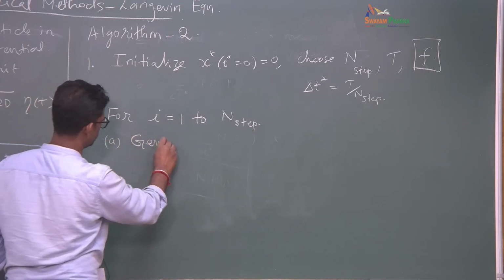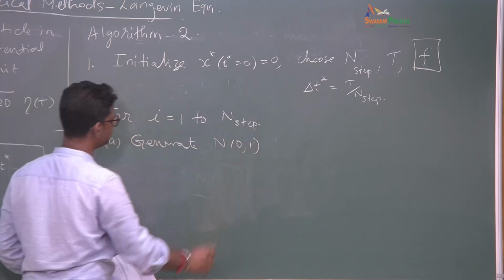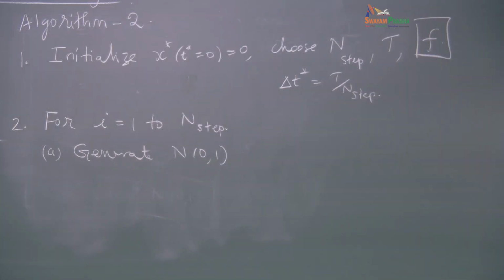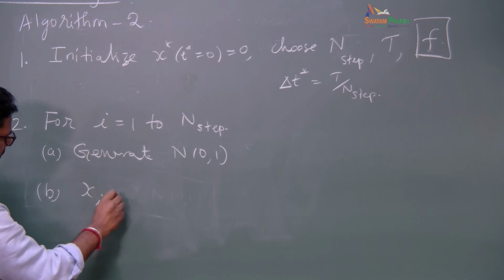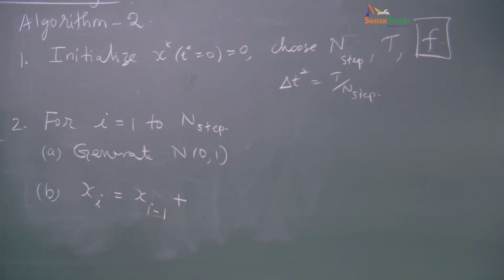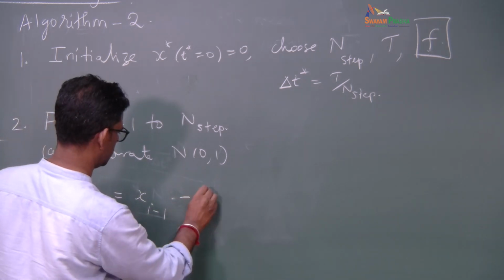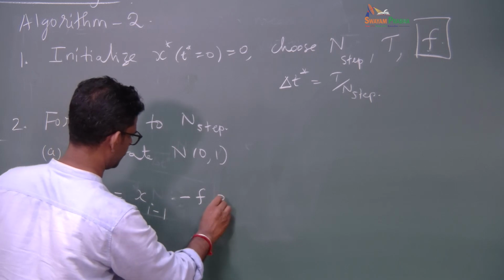Generate a normal random variable. Then I apply this increment. So x i is equal to x i minus 1 plus, or rather minus, f